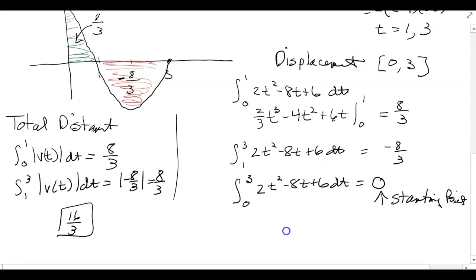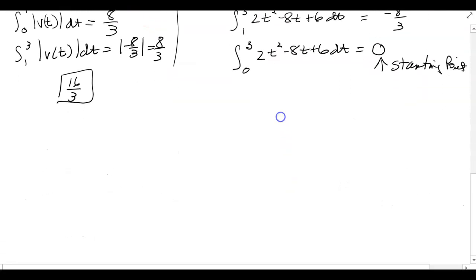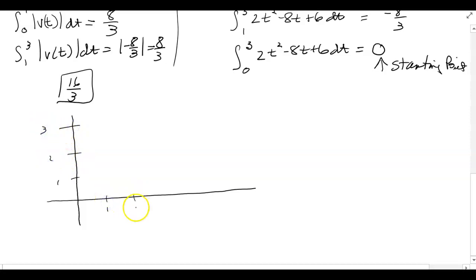Another point I want to make here is, and you might get a problem like this in MyMathLab, and that is use your understanding of what an integral represents. So let's suppose in MyMathLab we get a problem. I'm going to keep this very simple right now. But we're not working with a curve, we're actually working with straight lines. So let's suppose our velocity function has a constant increase in velocity,